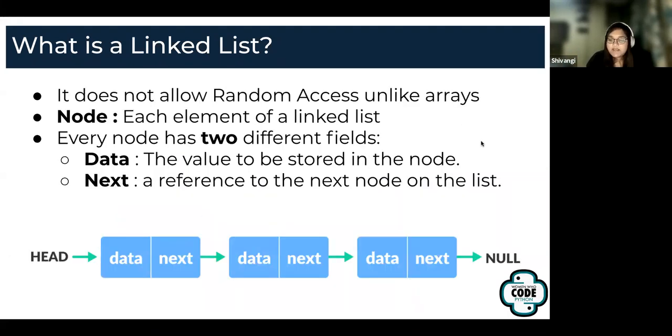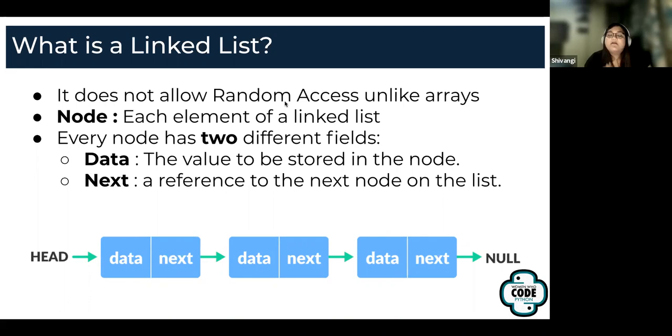How do linked lists look as a data structure? Essentially you have the head, like the driver in the video, and the data is probably the person sitting there. And next essentially is the link, which is connecting this element to the other element, right?